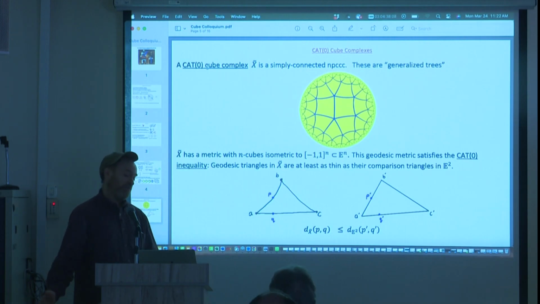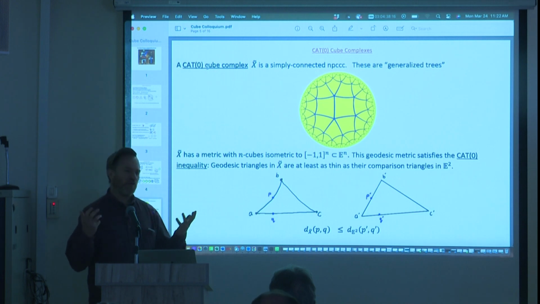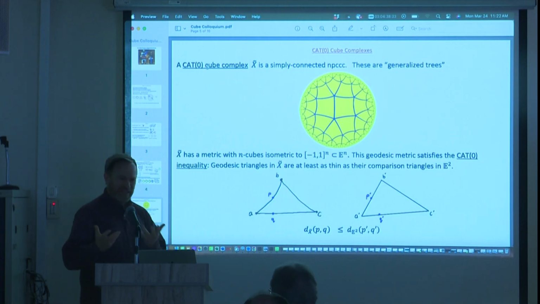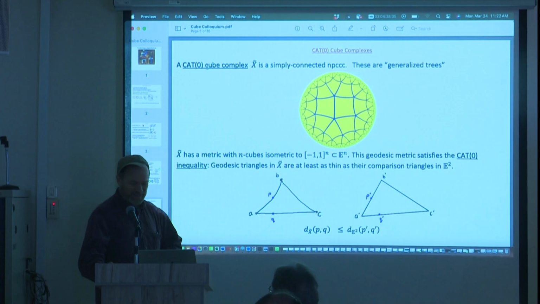And Gromov is a genius, and there's no way in the world that he had the vision of how significant these cube complexes were, even for the field that he was founding, geometric group theory. It's impossible that he understood. But he's a good guesser. He has good instinct, and that's why he has so many followers. And